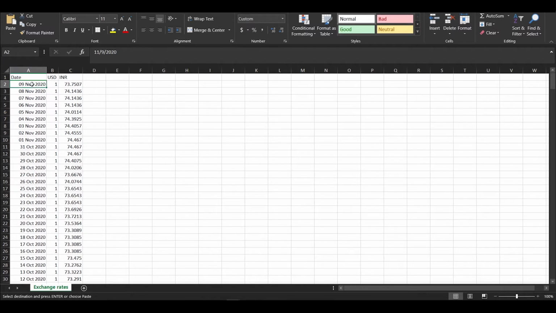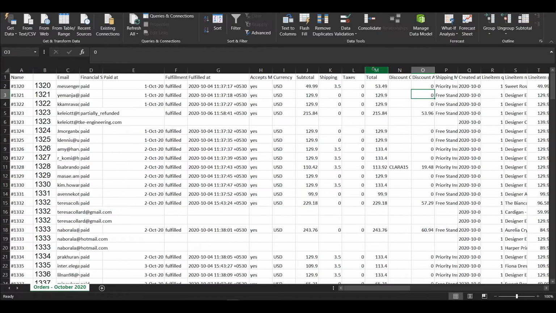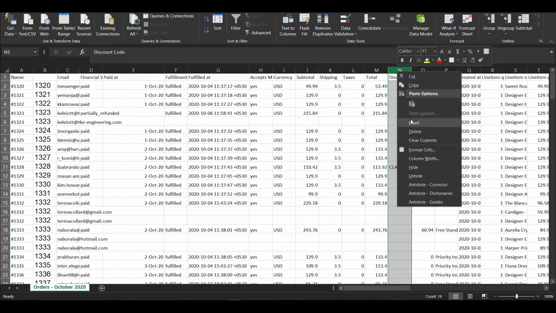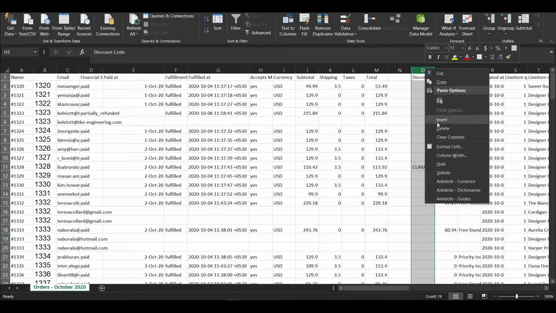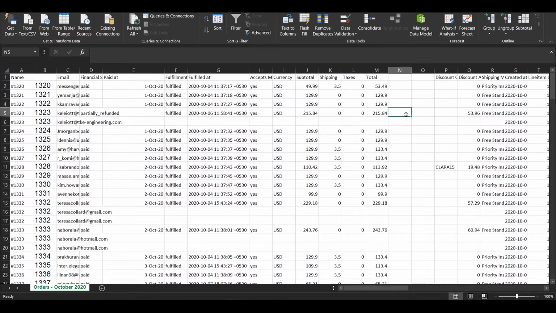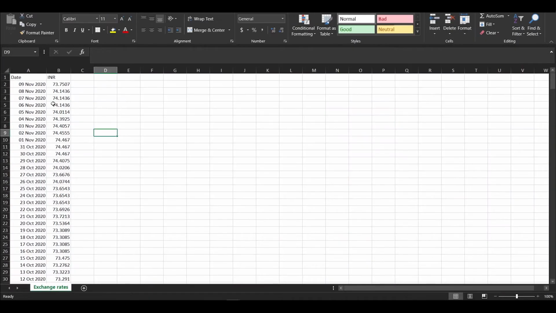Okay, so here's the date, 1 USD to INR conversion rate. Now how are we going to use this? First we'll delete this column, we don't need this column. So guys, after deleting column B, we want to paste these values next to the column M, which is the total invoice value column. So for this, we'll select column N, right click it, and click insert. We'll do that one more time and click insert. Now we have two columns, and we'll paste all our entries in these two columns.